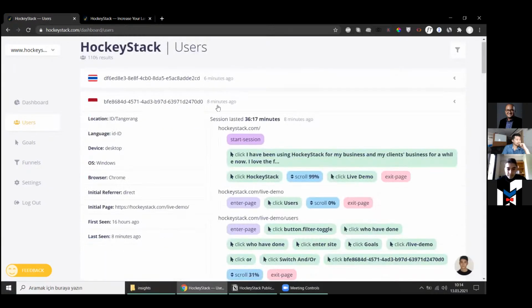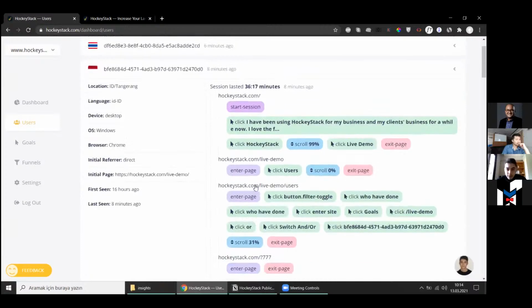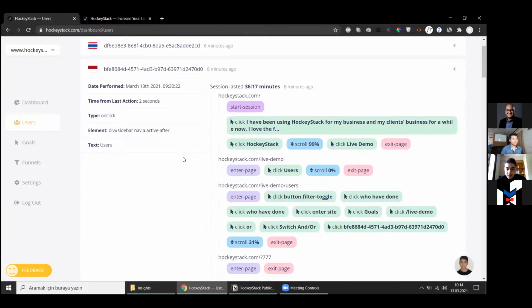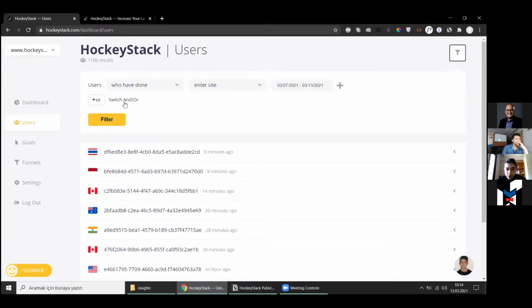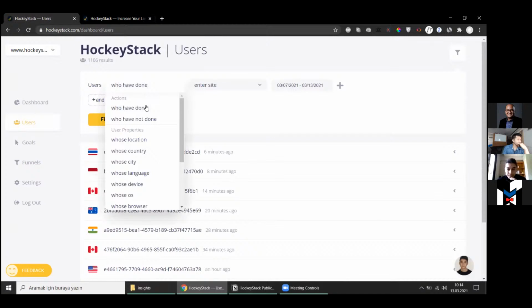And for example, if you click on an action, you can see the type of action. So this person clicked on a button with text users in the live demo, and you can also see the date performed. So here also you can filter your users with and/or statements. So this is useful to find the exact users that you are looking for. For example,